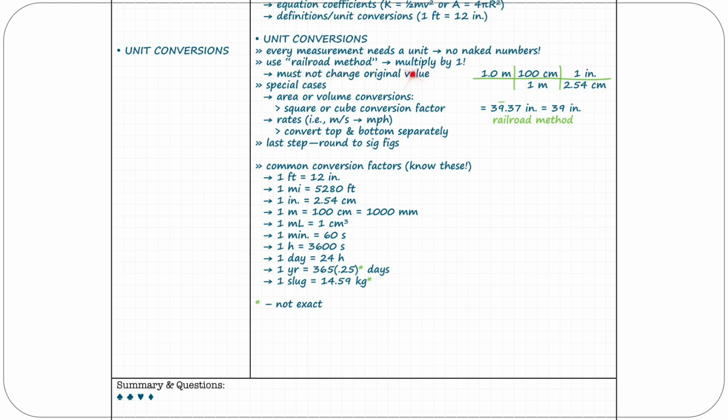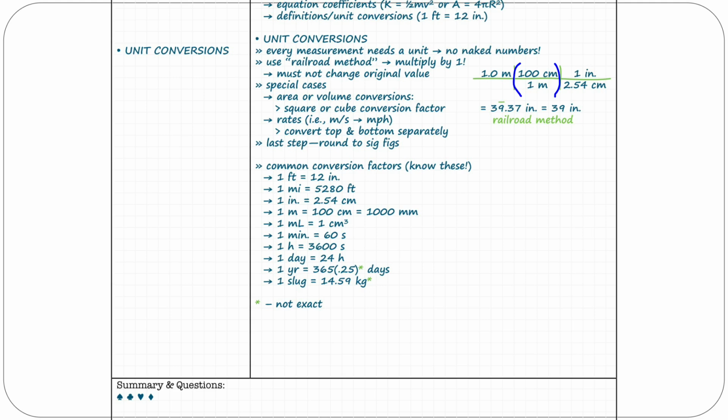The way that we avoid changing the value, the way that we maintain the quantity that we are referencing, is to use the railroad method. Basically, we're going to multiply by 1, and as long as we multiply by 1 each time, we're not changing the value, we're just changing the unit in which that value is expressed. So the railroad method here means that we start with our original value, and we draw a long horizontal line that's sort of reminiscent of a train track. And then we draw these vertical lines to divide it up,